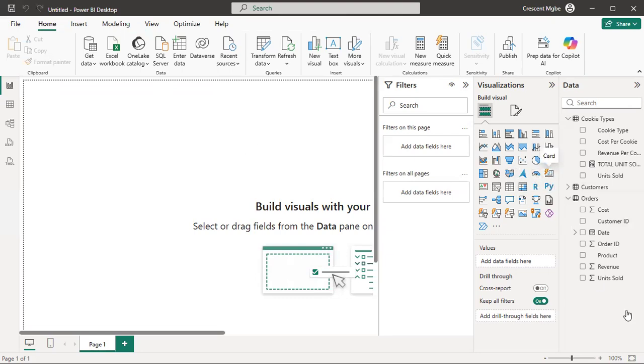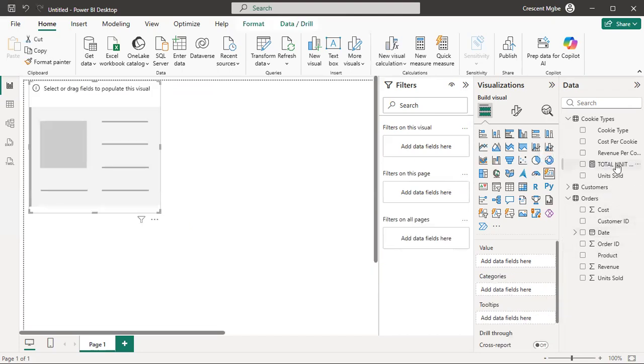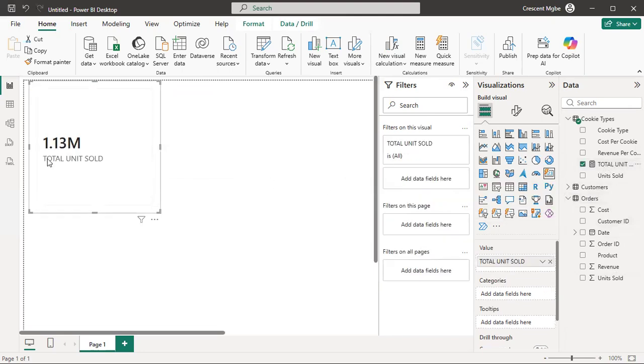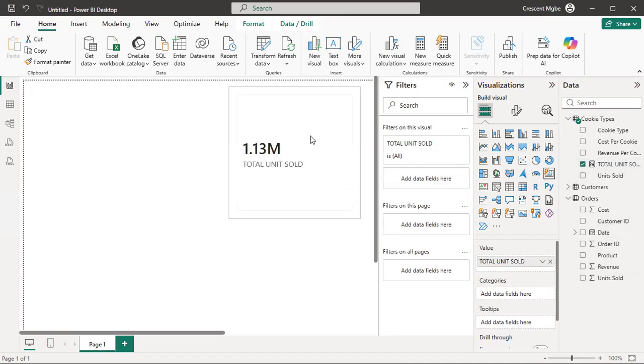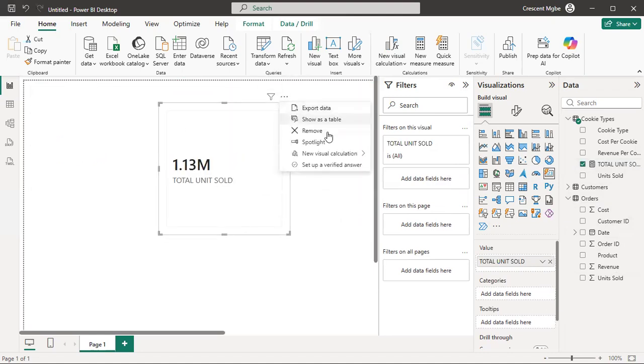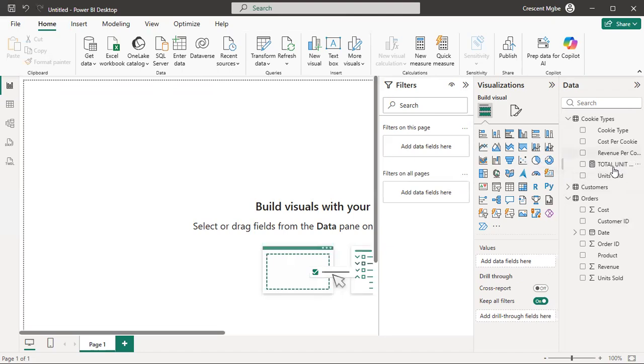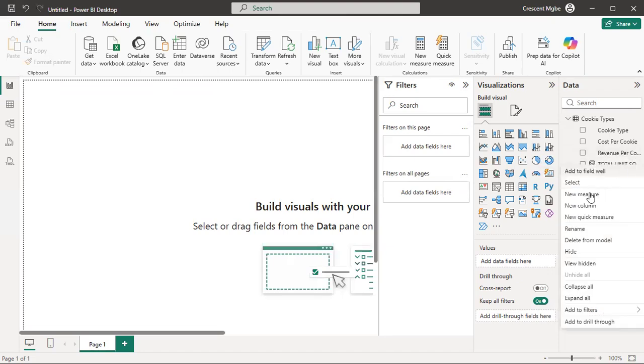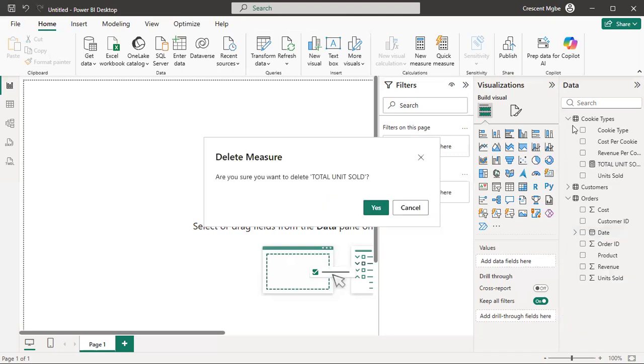You can see we now have a new measure, but it is not correct. It shouldn't be here, it should be here, because I didn't select this table before doing it. So let's see if it is right. The total unit sold is of course correct, but the position is wrong. So remove from model. For me to put it where it's supposed to be,